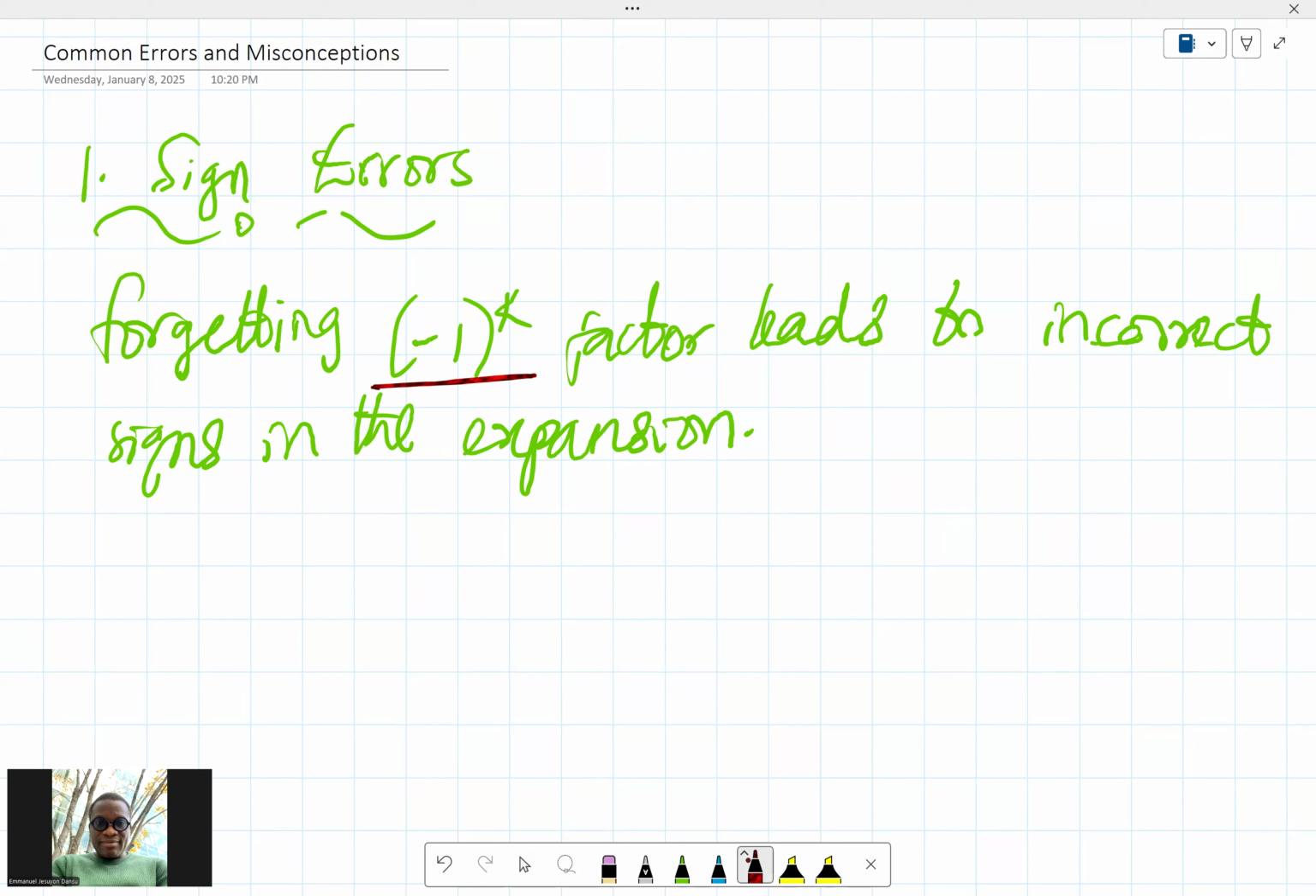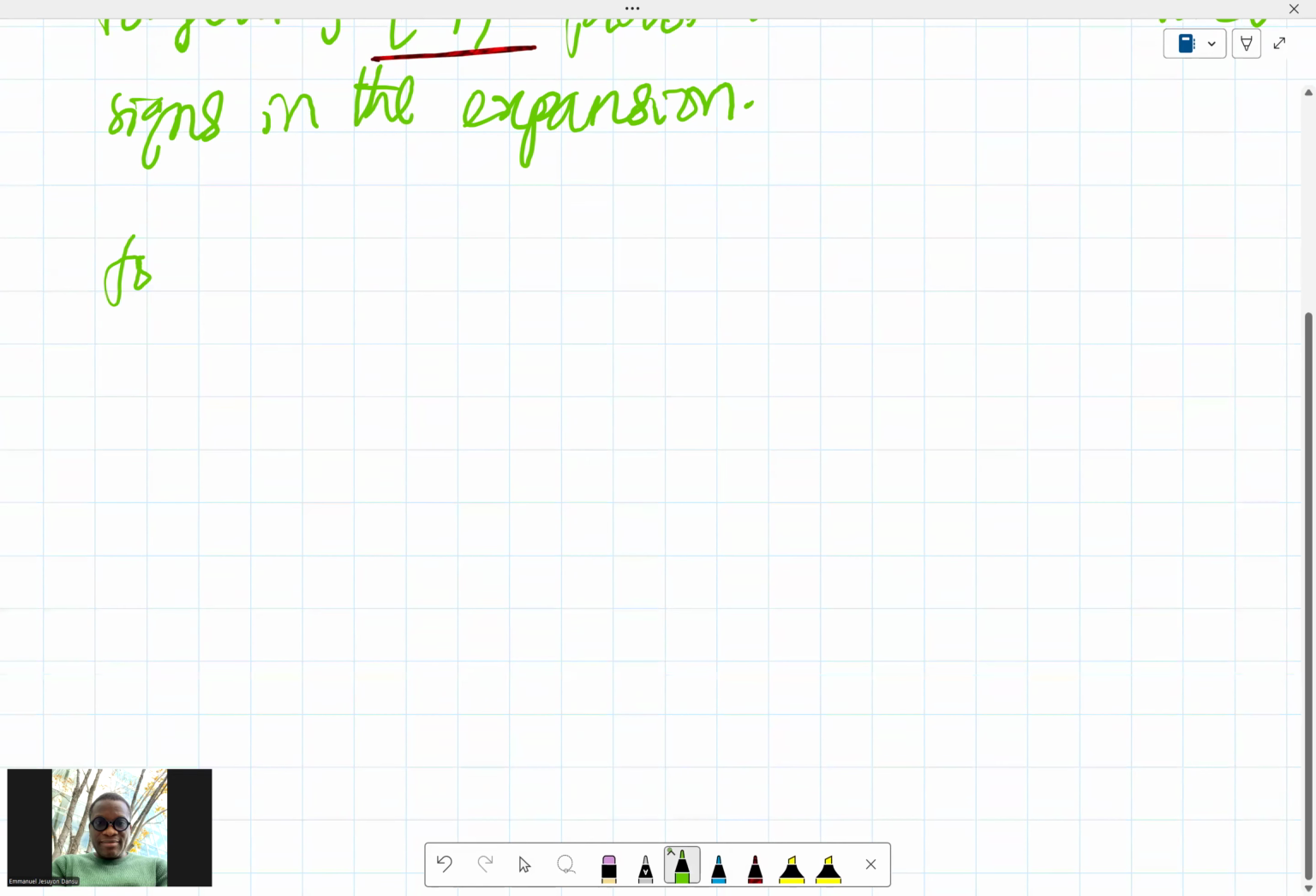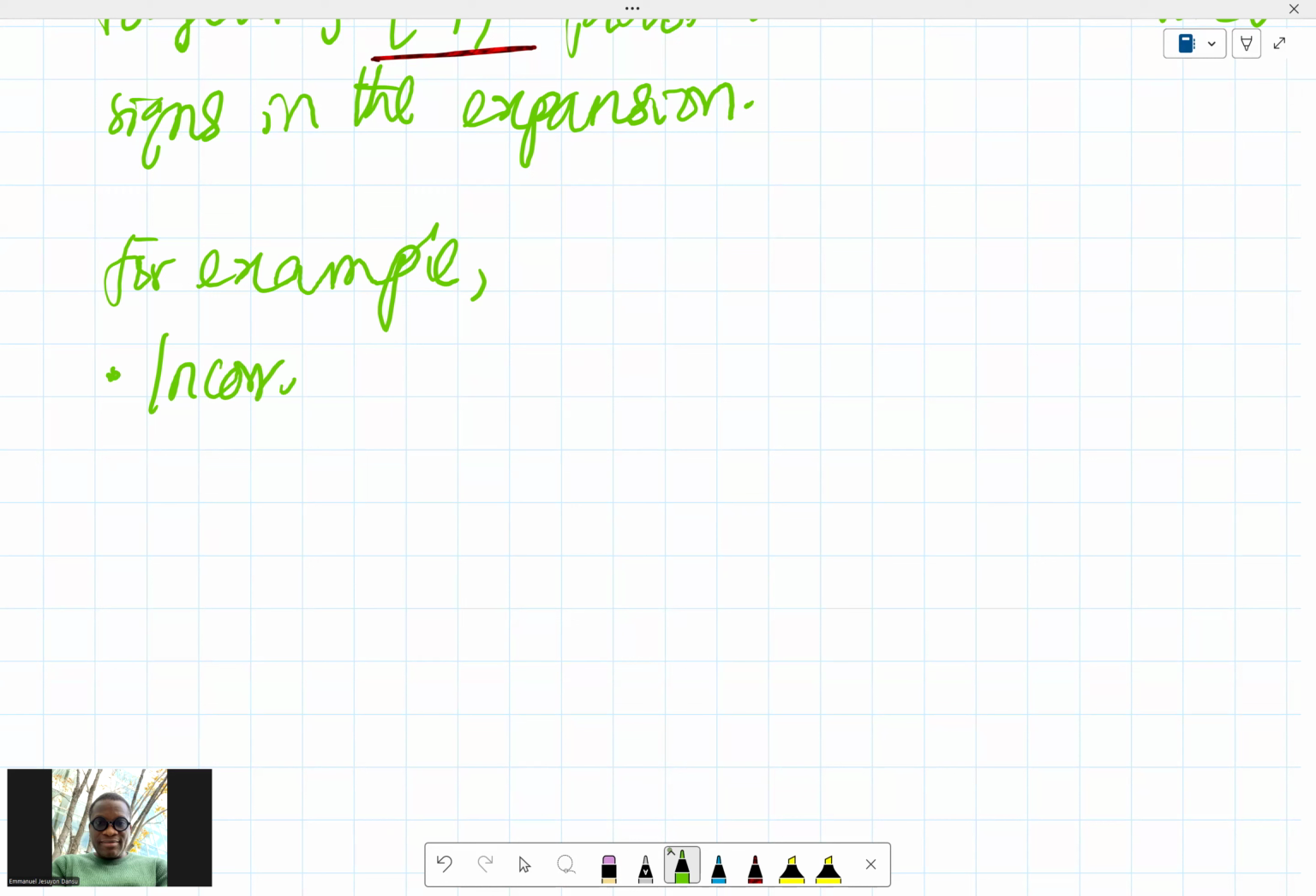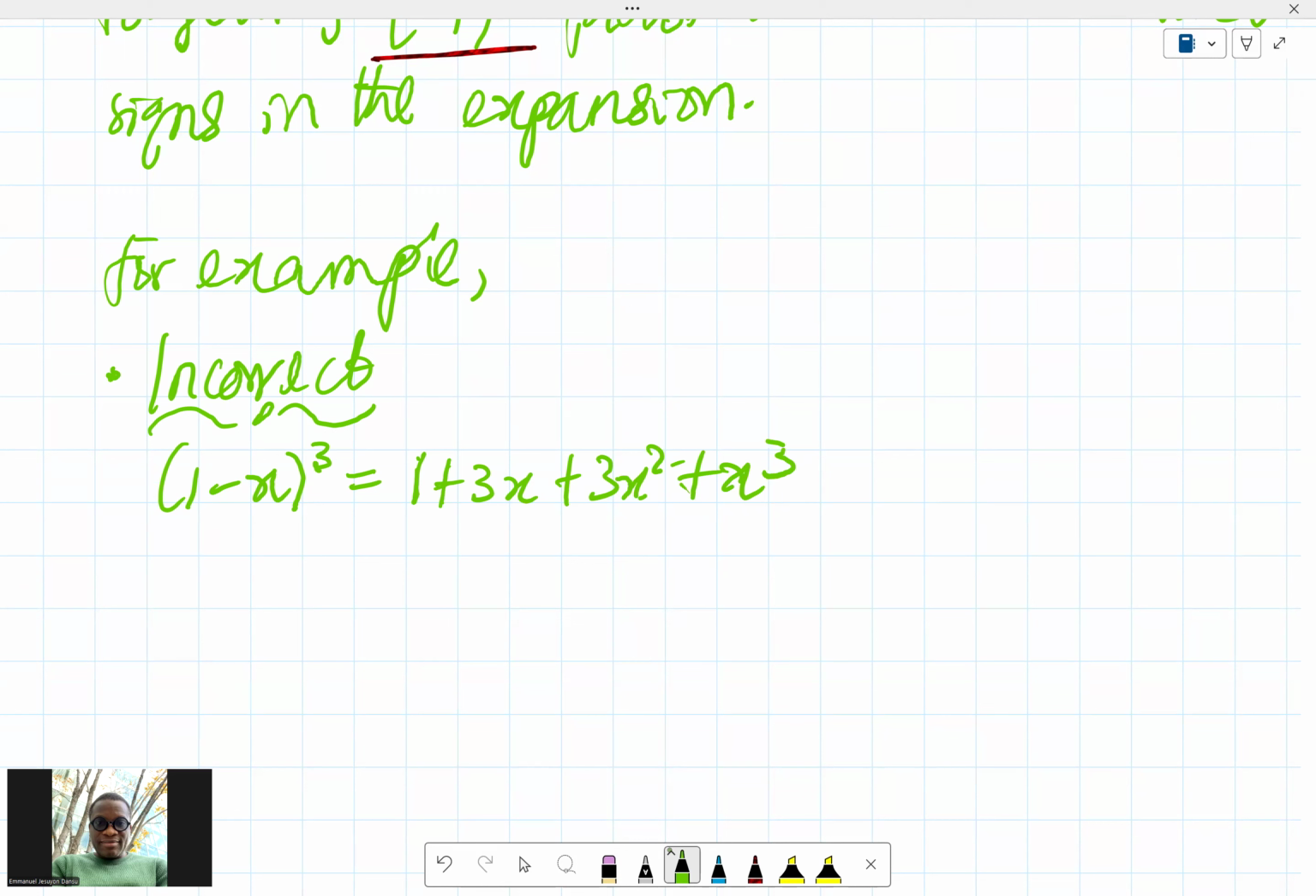For example, imagine this incorrect situation where you have 1 minus x raised to power 3. You can easily mistake it to be 1 plus 3x plus 3x squared plus x cubed. All right. Whereas